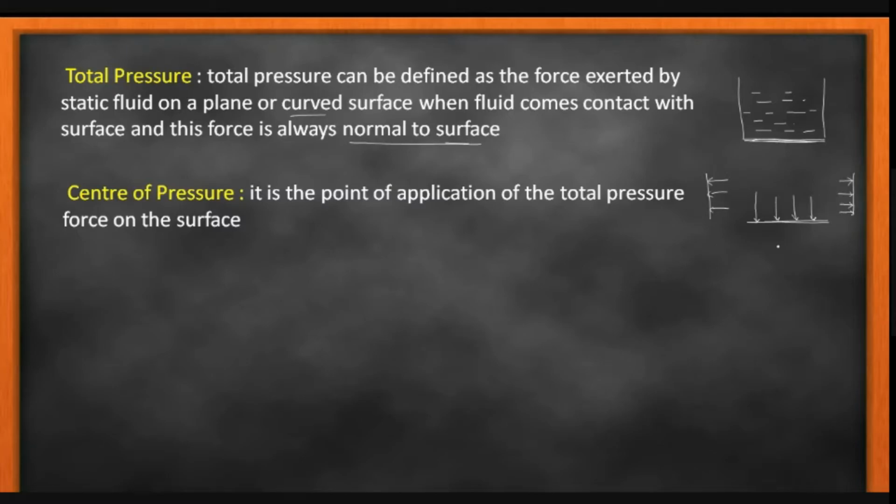Now the question arises: when we have resolved these forces, we need to represent, in a simplification, where it is acting. So for that we have to define the center of pressure, and it is the point of application of the total pressure force on the surface. Suppose this is the point I have to resolve, so I can take this over here. This point is called the center of pressure, and this force is called the total pressure force. We are moving towards the next topic, that is the resultant force, meaning the total pressure force and the center of pressure.